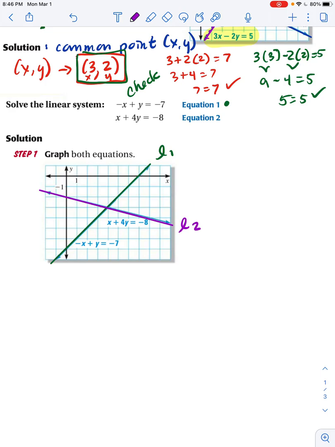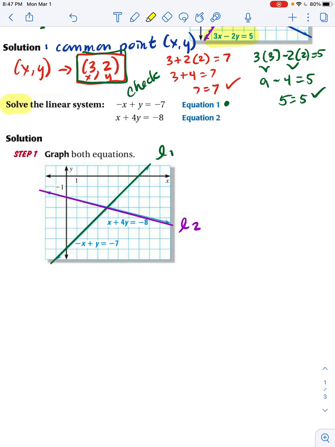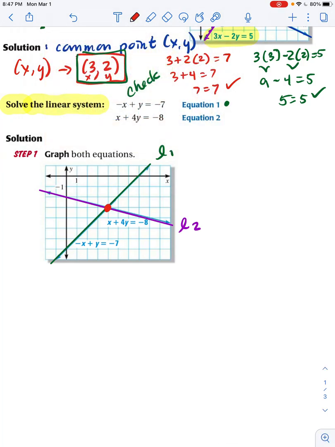I am solving. The verb that goes with it when you're looking for a solution is to solve. So if I'm solving the linear system, that simply means I'm looking for the answer to the system that's made of lines. So they graphed both of them, and I am now going to look for that common point, that point that they share. So the shared or common point, and therefore the solution, appears to be, let's count from